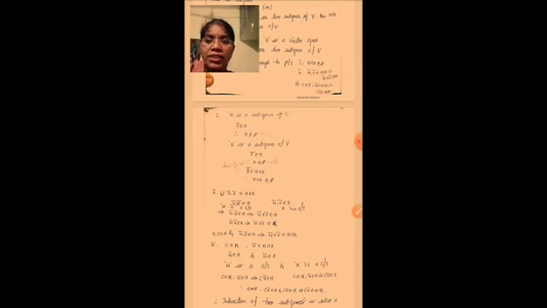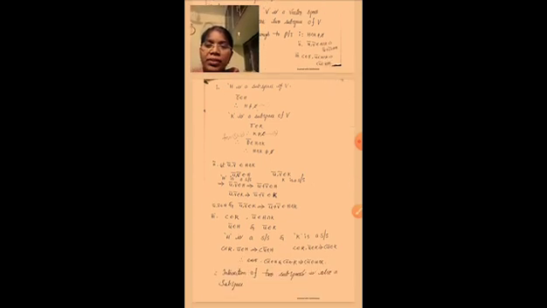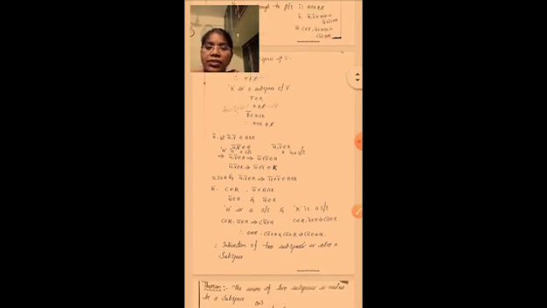So first, H is a subspace of V, which is nothing but it satisfies three conditions. First of all, 0 bar belongs to H, so H is a non-empty set, and K is a subspace of V. K being a subspace of V is nothing but it also contains the 0 vector. So 0 bar belongs to K, so K is a non-empty set. So H is a non-empty set and K is also a non-empty set, that is, 0 bar belongs to H and 0 bar belongs to K. So 0 bar also belongs to H intersection K. That is nothing but H intersection K is a non-empty set. So the first condition is satisfied.